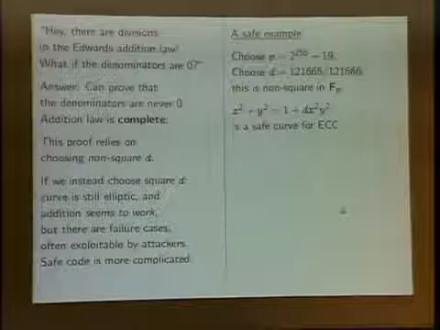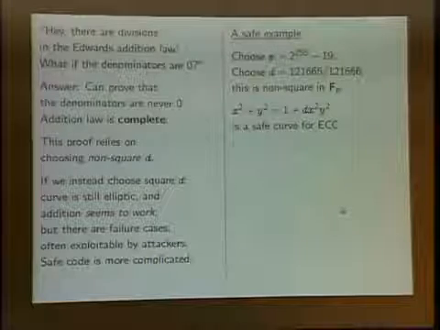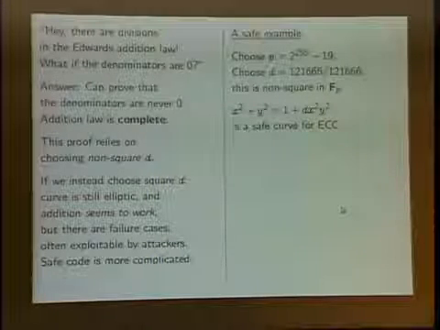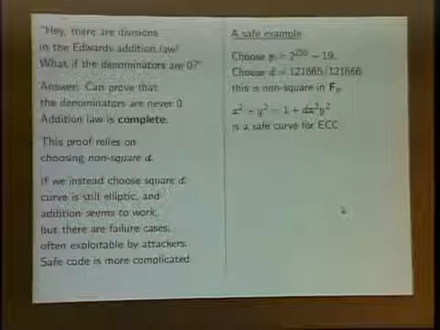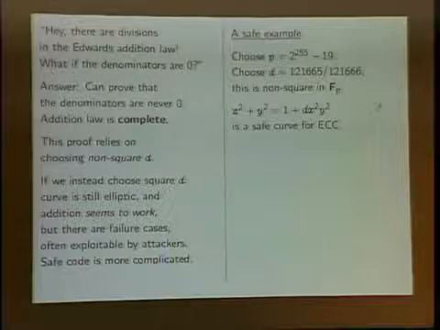As a prime, you choose a prime with 255 bits. So the prime is 2 to the 255 minus 19. You can check this one is prime. And then for the d, it's a value